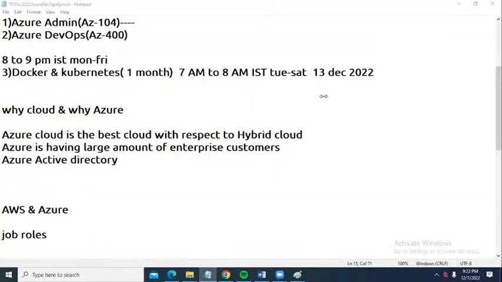Shiva, how much time will it take every day, like a 1 hour session, including doubt session, or will it go like 1.5 hours? No, it is a 1 hour session only. Including doubt sessions, right? Yes. As it's the first class, many members will be asking doubts every day. No one is going to ask this many doubts, right?